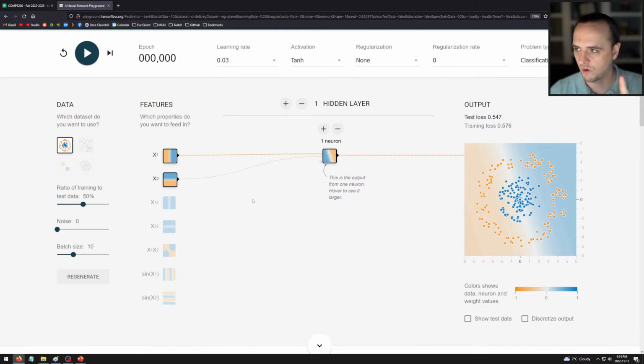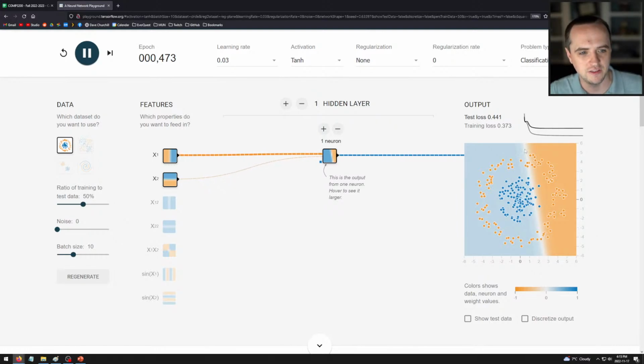Using 1 neuron as a predictor, that is 1 line that I get to draw through the space. So if I say, okay, I'm going to have 1 neuron and I click run, what this is now trying to do is it's trying to classify things with 1 line. So it's trying to find the best possible line to separate the blue points from the orange points. And as you know, that is pretty impossible to do, but it's going to try its best.